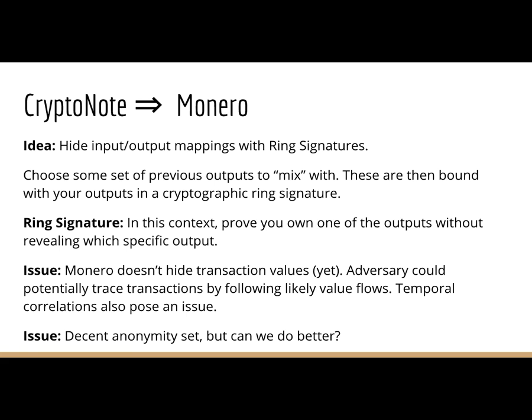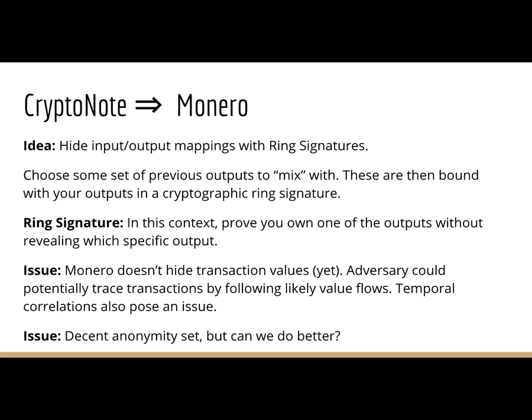Another privacy-focused altcoin is Monero, which builds on the CryptoNote algorithm. What these CryptoNote altcoins use is what's called ring signatures. What a ring signature does is that in this context you have a set of outputs of which one is yours, and you can create a signature from this set of outputs that proves that you own one of the outputs without revealing which specific output you own. So in Monero, when you create a transaction, you select a bunch of previously created outputs, add them to your ring signature, and then from that you can spend